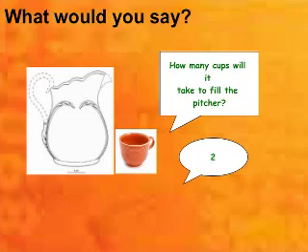So you're thinking about what you would say to the student, and it might be, so how did you get the 2? It might be, how would you test that idea? Like, okay, maybe it's 2. How are we going to figure out if it really is 2? And give the ownership back to the student to figure out what we are going to do next. What are we going to do to make sense of this?